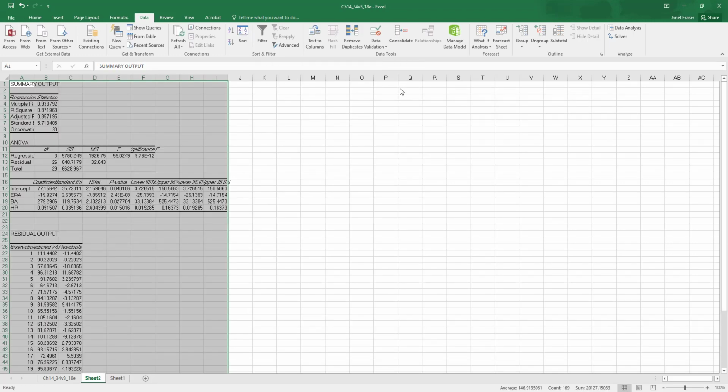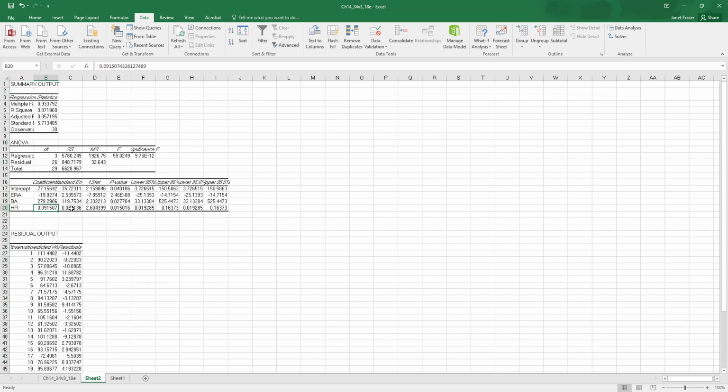So I'm going to click OK. And these are the results we have of our model. So what we see is that our coefficient is equal to 77.15642. And then we subtract our coefficient for ERA, which is minus 19.9274. We add the coefficient for BA, which is 279.2906. And again, add the coefficient for HR, which is